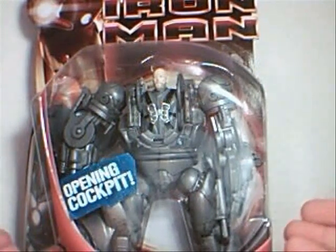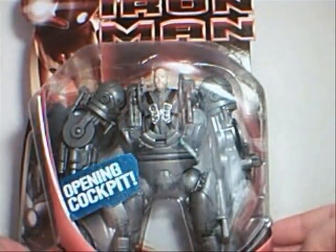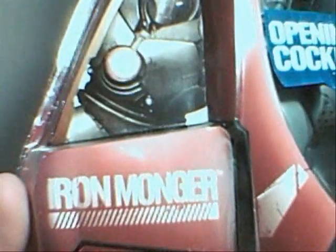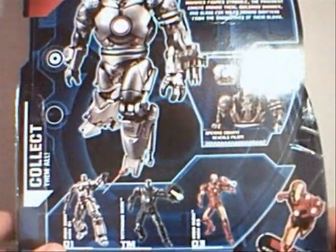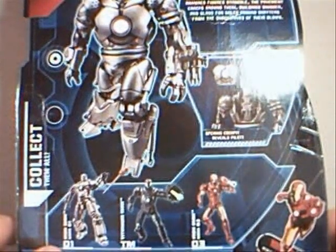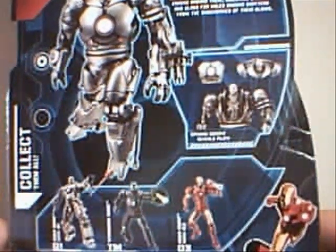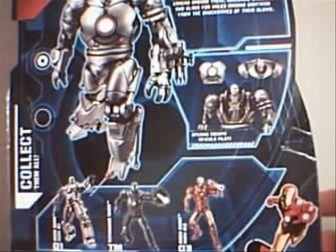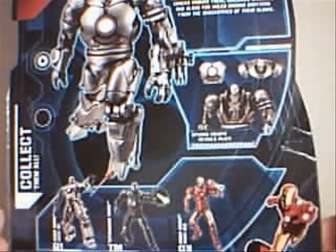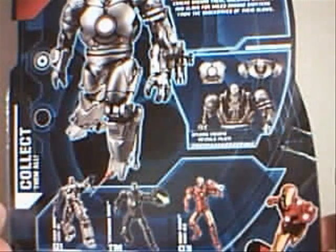This time I am doing, per the title page, Ironmonger, as you can see. Now, Ironmonger, this is the second variation of him. The first is rather dull, from what I understand. But this one I really enjoy. I haven't opened this yet, so we will get this open, but I just wanted to show you the